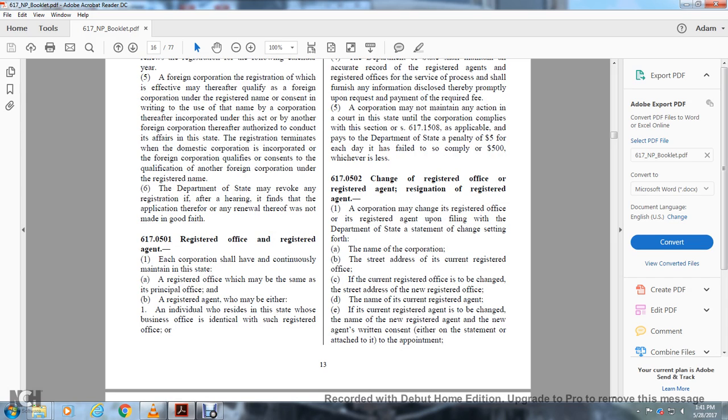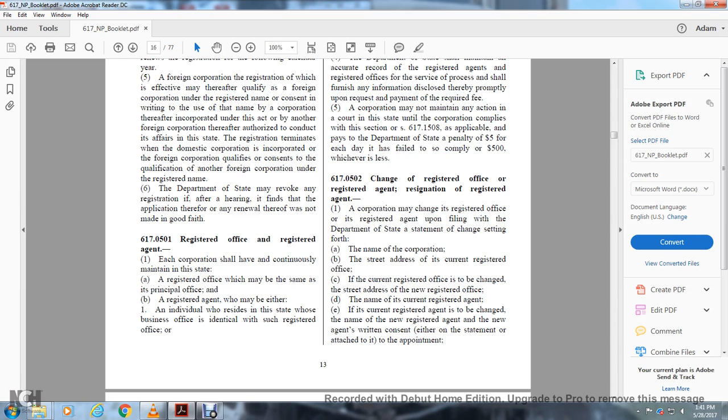617.0502, change of registered office or registered agent, or resignation of registered agent. The corporation may change its registered office or registered agent upon filing with the Department of State a statement of change setting forth the name of the corporation, the street address of the current registered office, the current registered office to be changed, the street address of the new registered office,